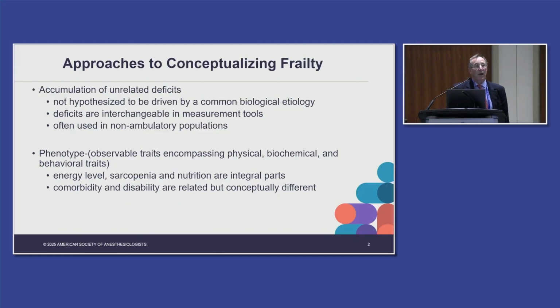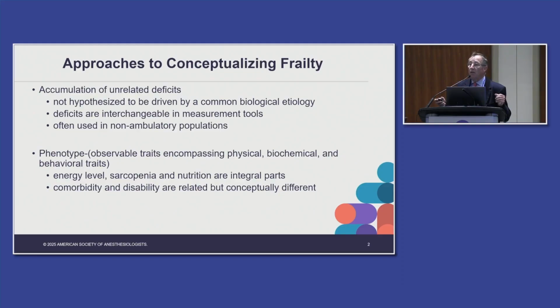All right, so first a little background so you understand what we're talking about. There's two approaches to frailty assessment. First of all, there's the accumulation of deficits, and then there's the phenotype. Now, the accumulation of unrelated deficits, this would be more apropos for the Edmonton Frailty Scale. And the thing to remember about this is that it's not based on an underlying biological etiology. And the deficits that you measure are interchangeable as measurement tools. The other thing is, because of the nature of this deficit accumulation, it's something that's good to use in non-ambulatory